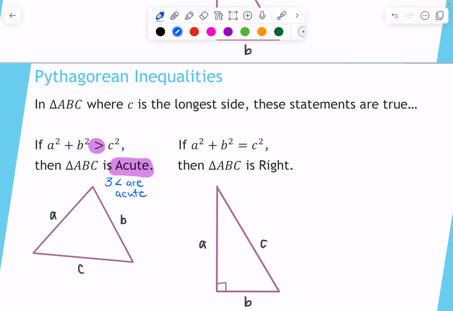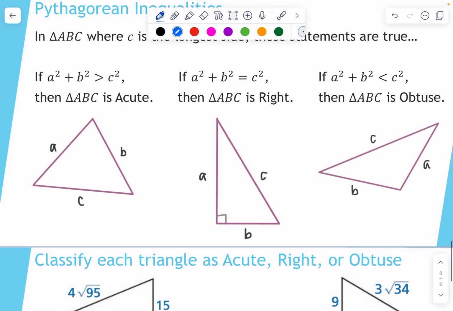Okay? So if a squared plus b squared is greater than c squared, then we know it's an acute triangle. The last one we have is if it is less than c squared. So if a squared plus b squared is less than the longest side squared, then ABC is an obtuse angle,